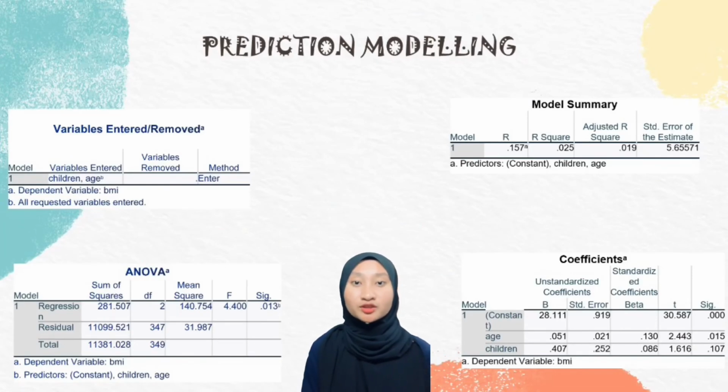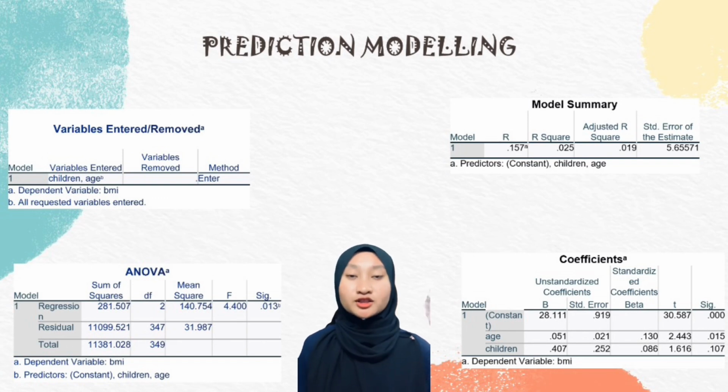Prediction modeling. A popular statistical method for forecasting behavior is predictive modeling. Predictive modeling solution is data mining technology that creates a model by studying past and present data and using it to forecast future results. The R-square value is 0.25, which means 0.25% of the variation in BMI can be explained by children. According to the coefficient table, the multiple regression model is Y equals BMI, B0 equals 28.11, B1 equals 0.015 multiplied by age, B2 equals